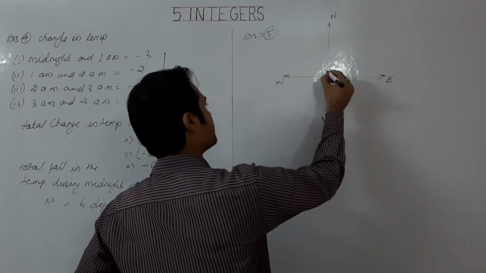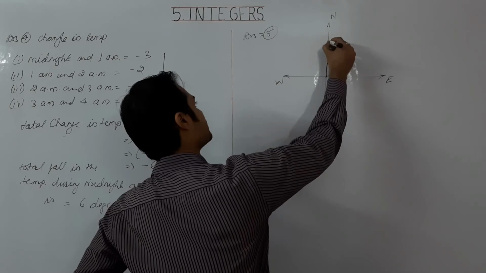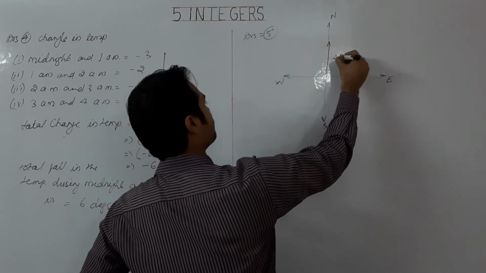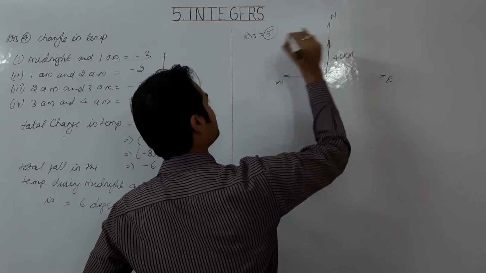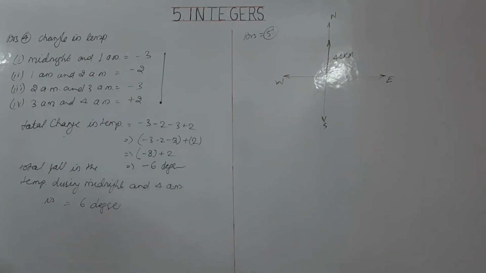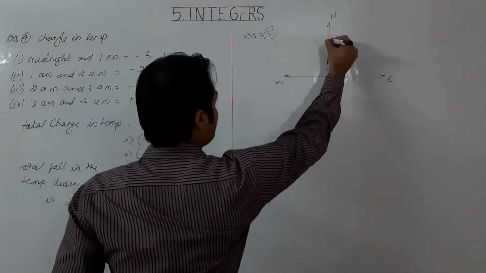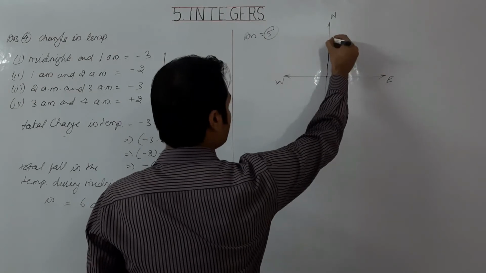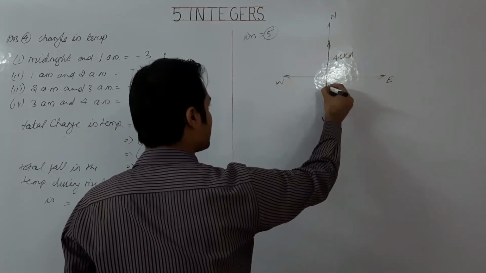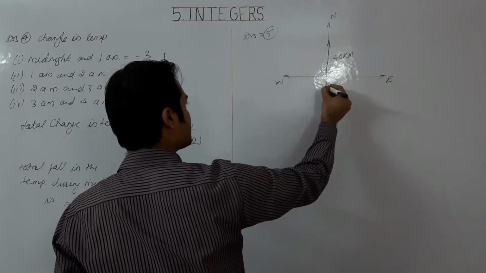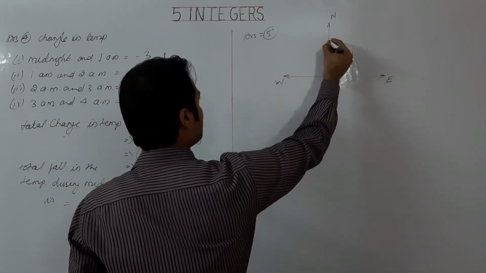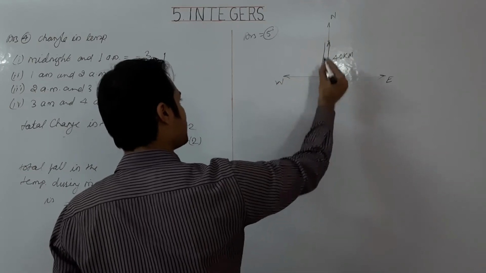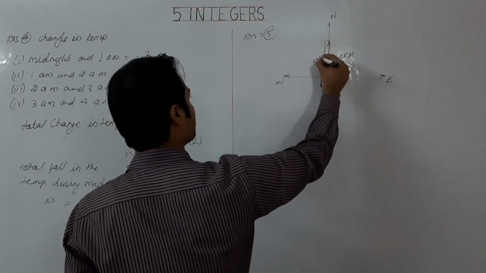So the car traveled north of Delhi by 40 km. From this point, the car traveled in the north direction for 40 km. So the car is somewhere here, after covering a distance of 40 kilometers. This is the new position of the car. Then south by 50. So from this point, south by 50 kilometers. So 40 plus 10 will be 50.